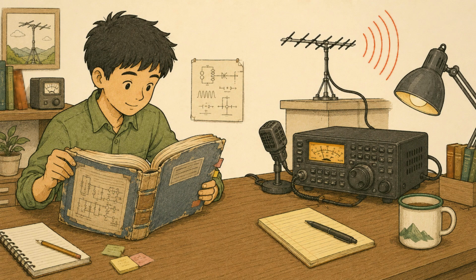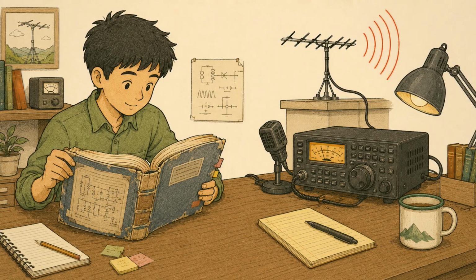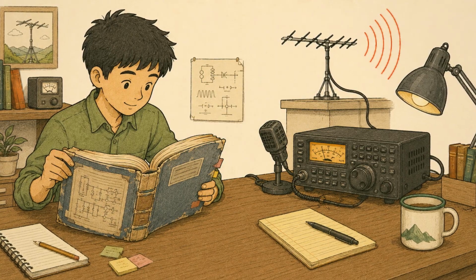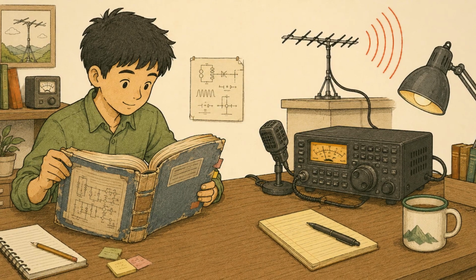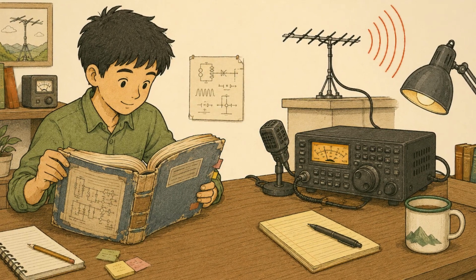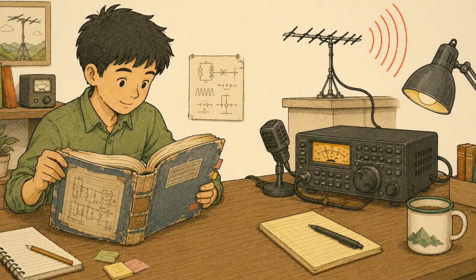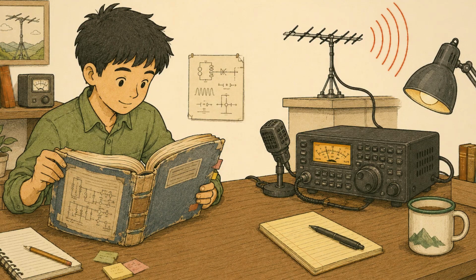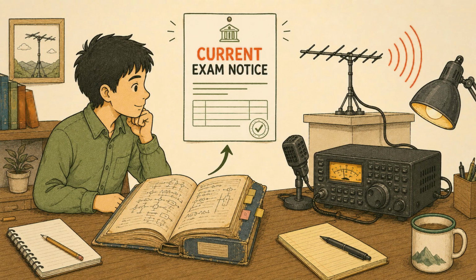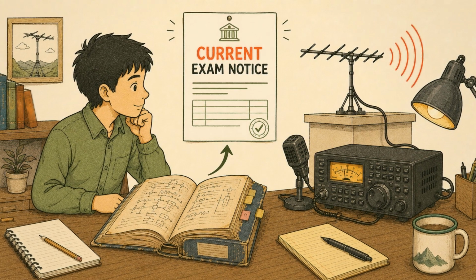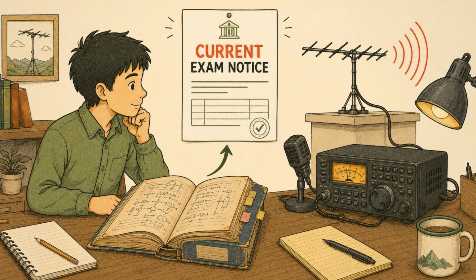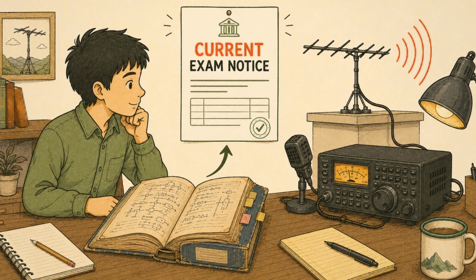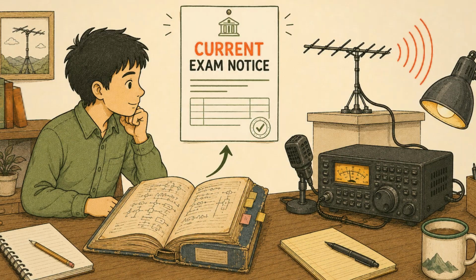There is one important reason to be cautious with old study guides. The current rules do not permanently fix the number of questions, duration, or detailed paper pattern. Instead, the Department of Telecommunications is required to publish the syllabus, manner, place, date, and time of the examination. That means an older manual may still be useful for learning radio, but the current official examination notice must be used for the final paper pattern.